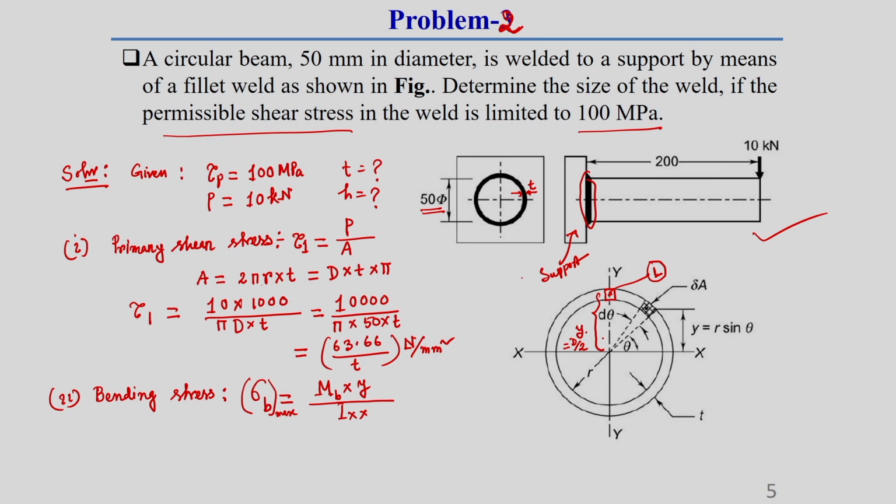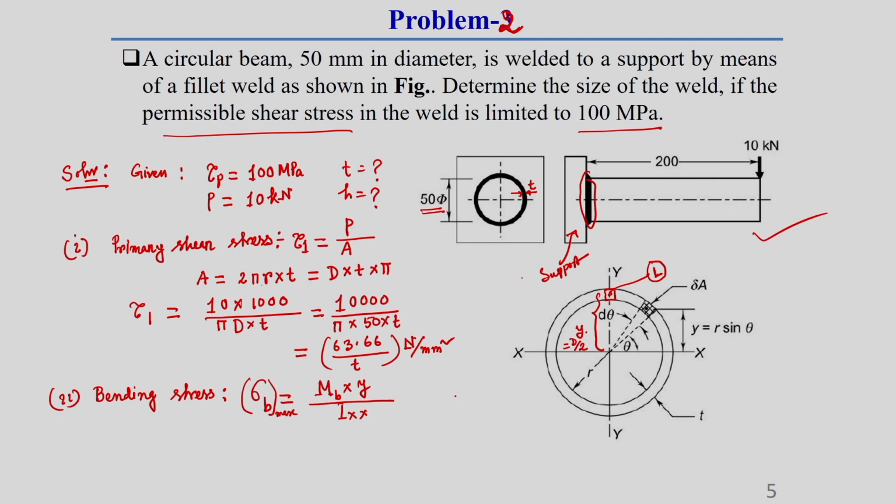Okay, because here we are considering that the weld is a line, we can neglect this t by 2 term. If we consider the position of this weld along the center of the throat thickness, then it should generally be d by 2 plus t by 2, but here we are neglecting that t by 2 term. That is why we directly consider y equal to d by 2.